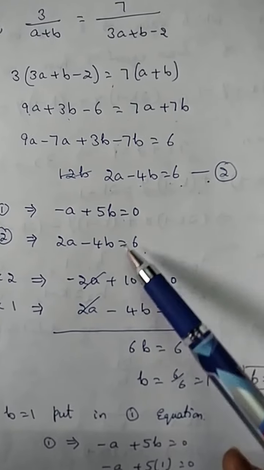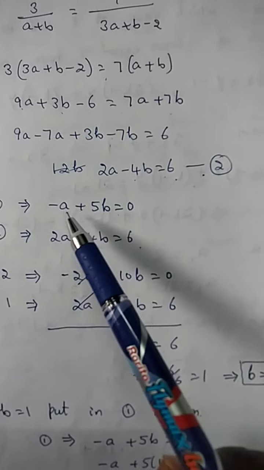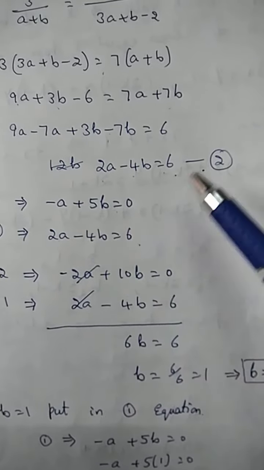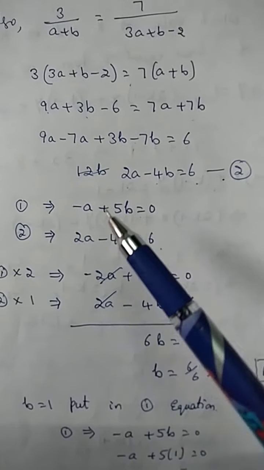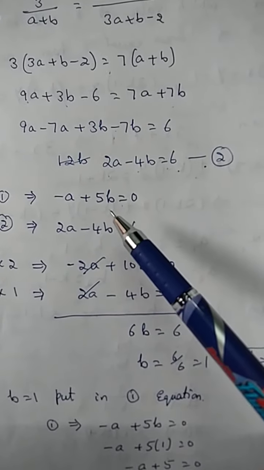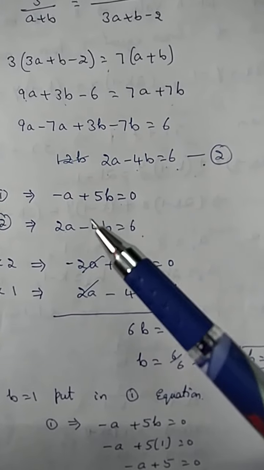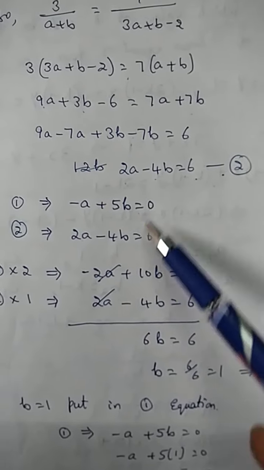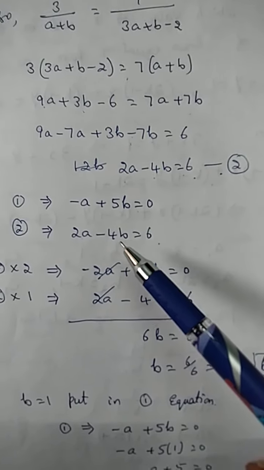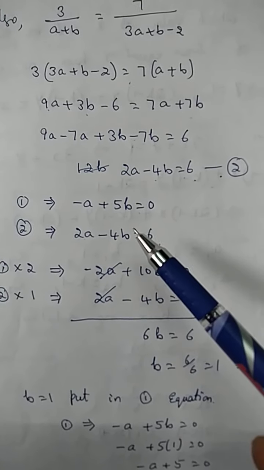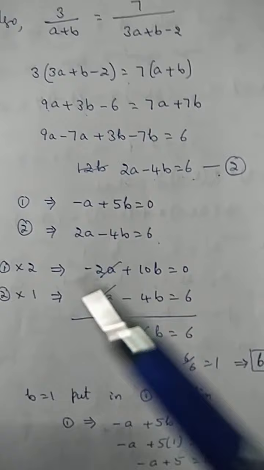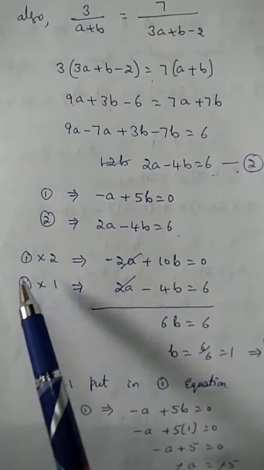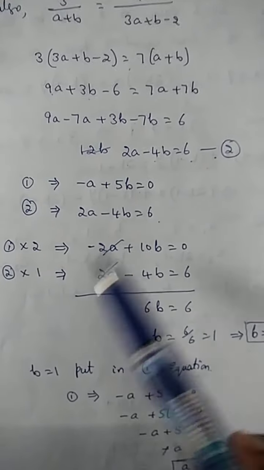By solving these two pair of linear equations, now the variables are a and b here. The given pair we can change into these two equations in the variables a and b. By solving these two equations, we get one of the variable values, which should be substituted in one of the two equations to get the other variable value. You can solve this pair of equations by elimination, substitution, or cross multiplication. Whatever procedure is easy for you, follow that only. I solved it using the elimination method.